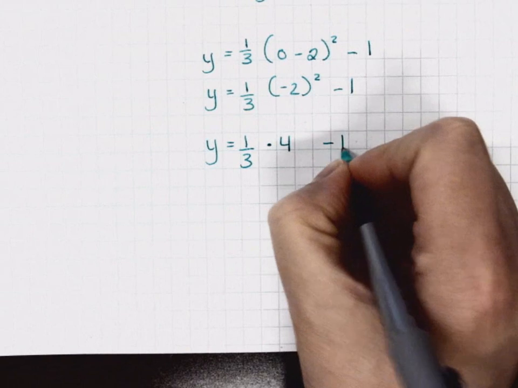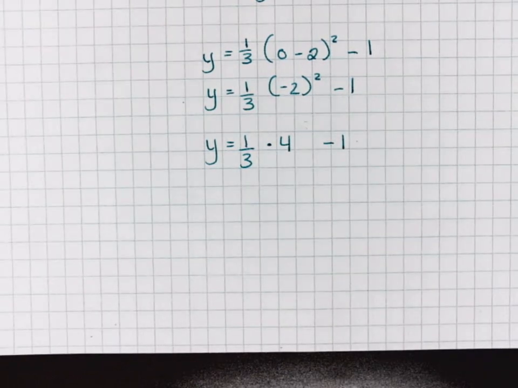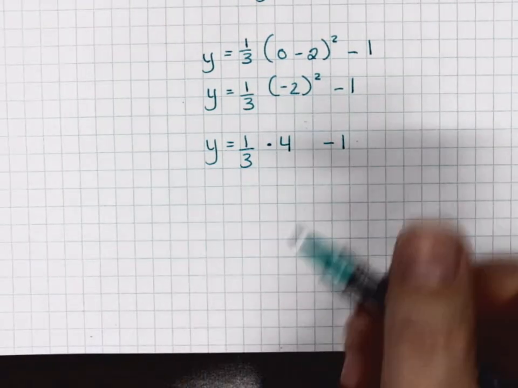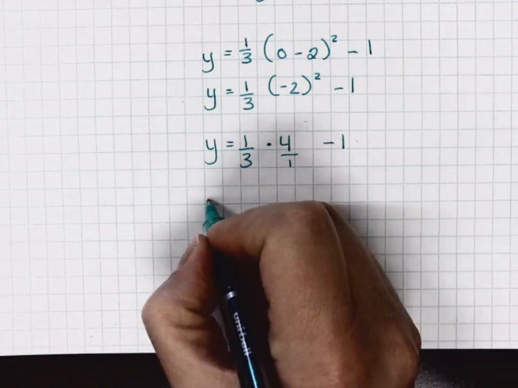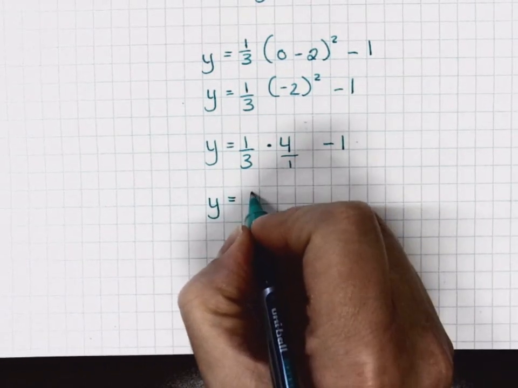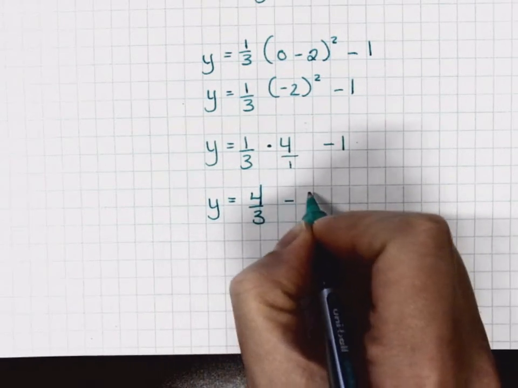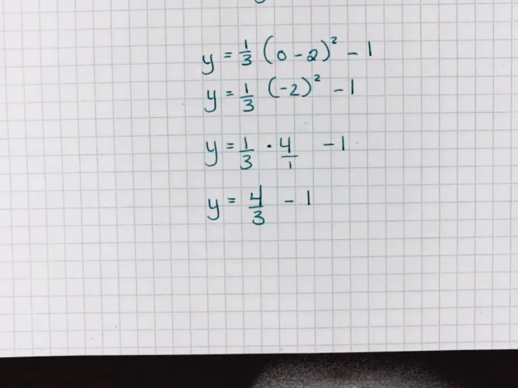Order of operations is I got to do my multiplying first. That 4 can be written as a fraction as 4 over 1. So y equals 4 over 3 minus 1. I know that 1, if I change it to a fraction,